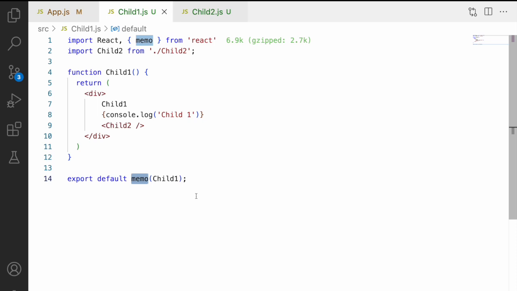Now this is a memo for the whole functional component, but if you want to apply it to a particular logic inside the component, how can we do that? Can we do that or not? Everything we'll cover in the upcoming video, and that's where the hook came into the picture, called useMemo. useMemo helps us to optimize only certain code without re-rendering, and memo will help us to memoize the complete functional component. So that's how we can use memo in React.